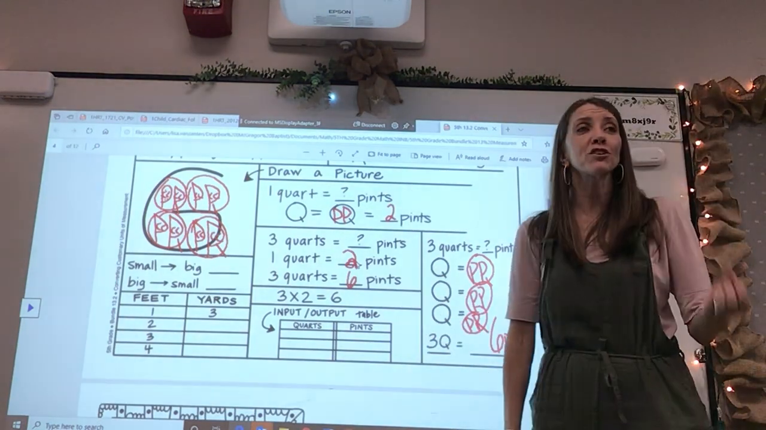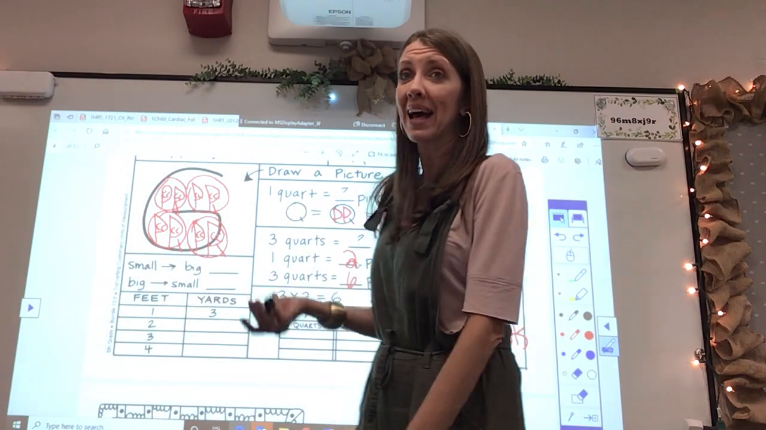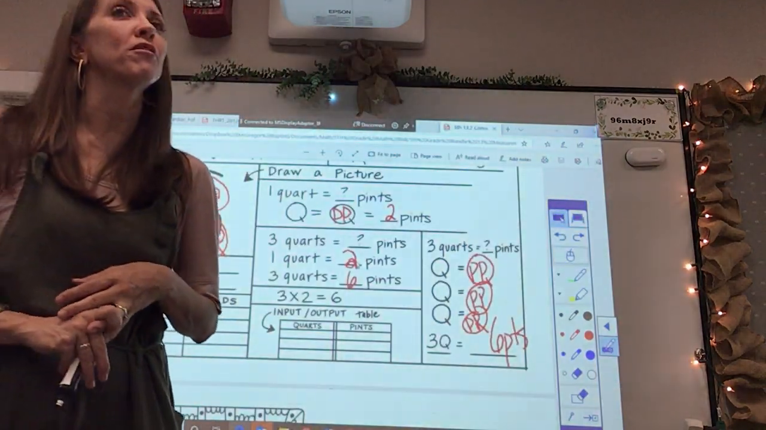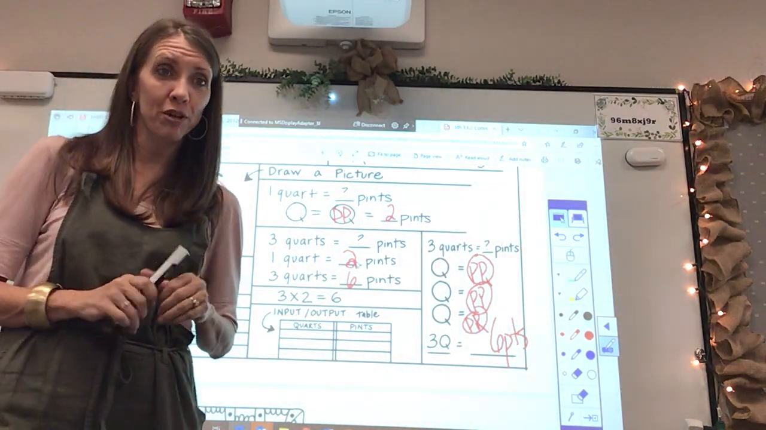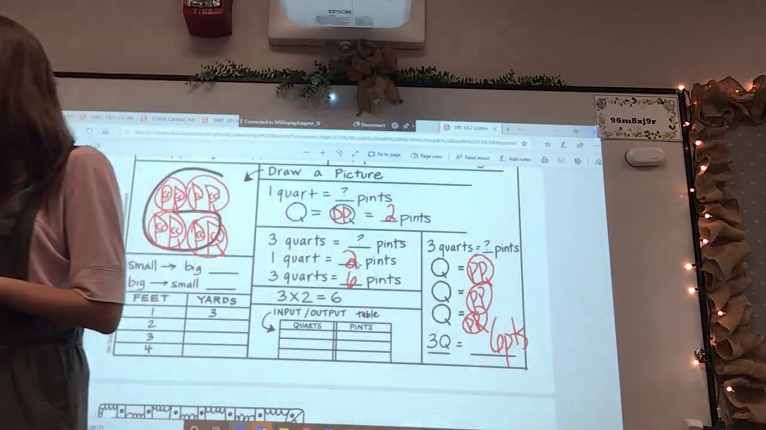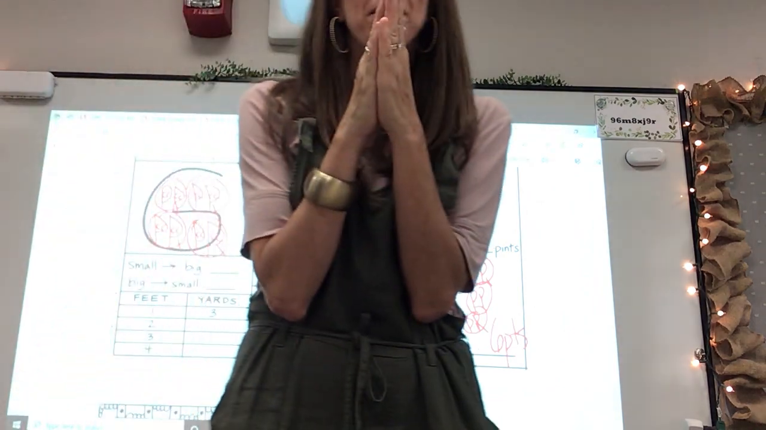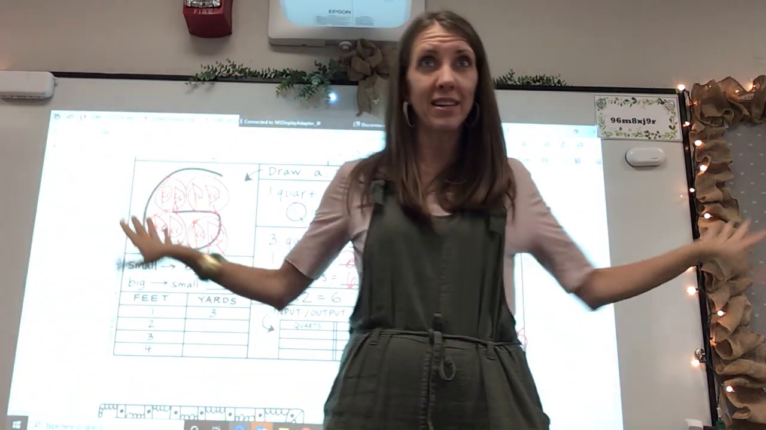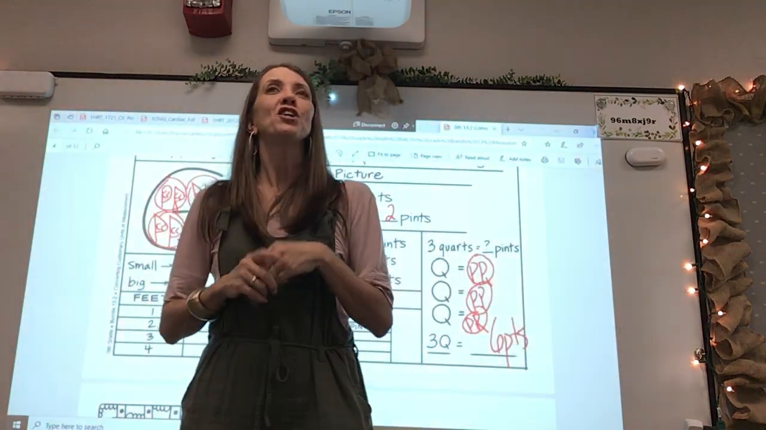But we don't have pictures for all types of measurement. We only have them for capacity. I don't have one for weight or mass, and we don't have one for length. So how are we going to do those? I will show you. First of all, you need to decide how we're going to convert them. In order to convert them, you are either going to multiply numbers or you're going to divide numbers. How do you decide what you're going to do? You are going to think,